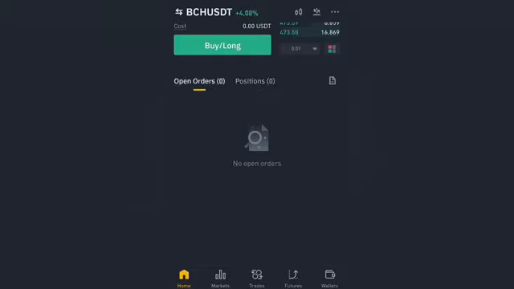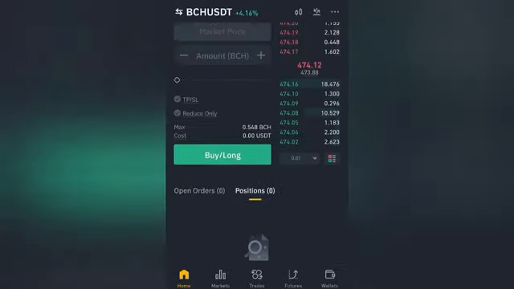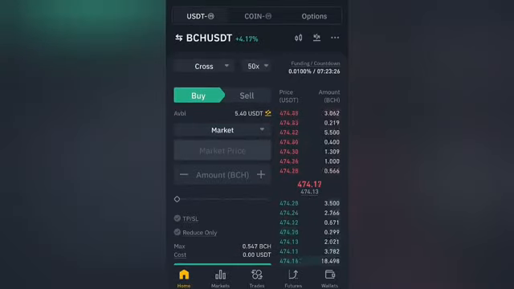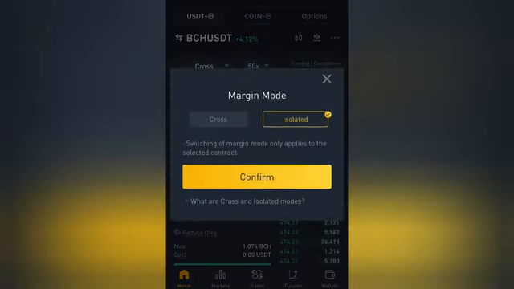Now as you can see, my pending orders are closed, and my money is present in my wallet. Let us transfer back our full amount. We've transferred back our full amount, and as you can see, we started with 10 USDT. As you can see, we've gained plus 0.4 USDT. Now if we switch back to isolated margin, confirm,